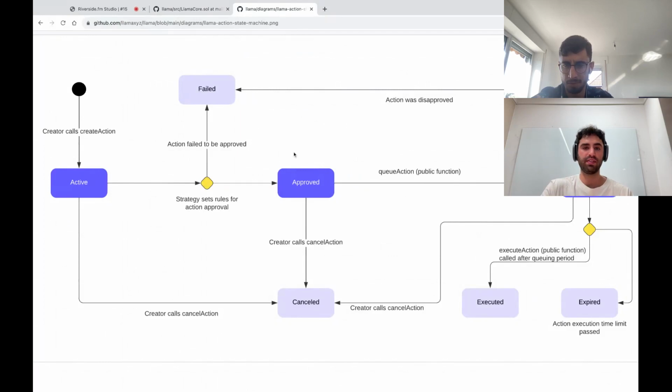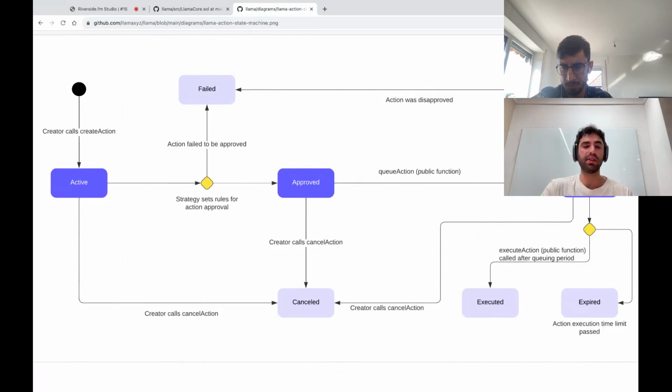Once an action is approved, it's eligible to be queued. Once an action is queued, it goes through what's called a disapproval period. If the approval period is like for-only voting, then the disapproval period is against-only voting. You set rules and a role for a disapproval period.